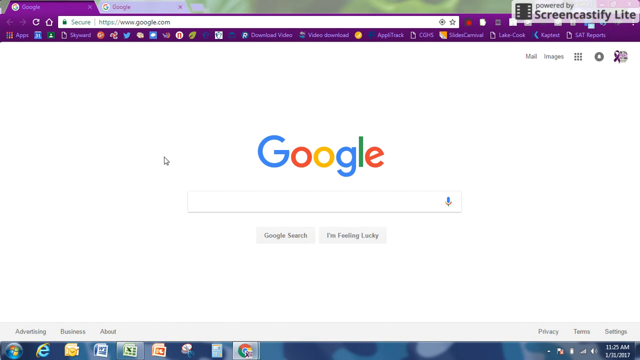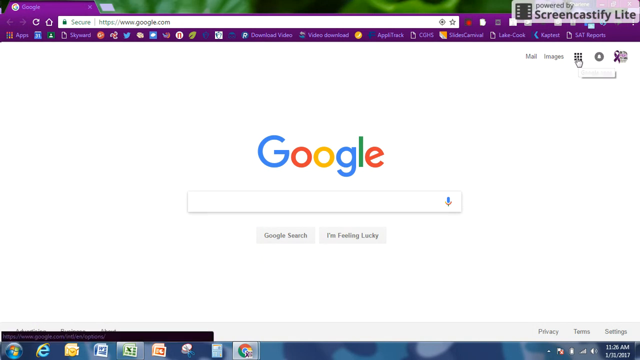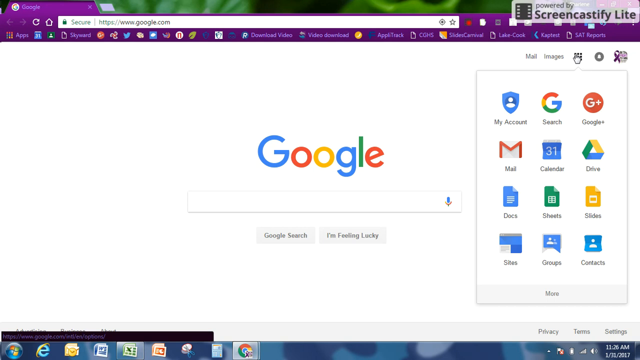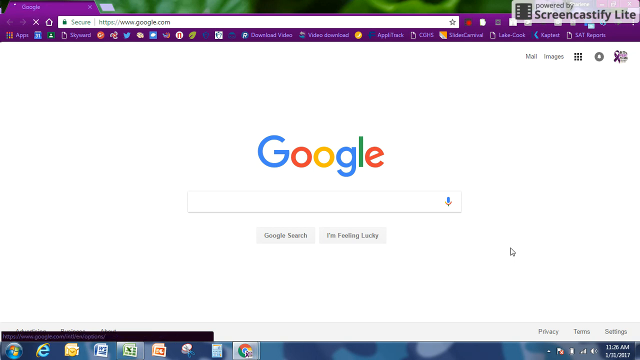So hopefully you are at the Google home screen like this. There's a couple different ways to start up your new site. I'll go through both of them and then you can decide which one is best for you. So if you're here at the Google homepage, you have these dots up here, the little 9 squares with your apps. If you click on that and you go down, you see there's a link here for sites. So if you click on that,